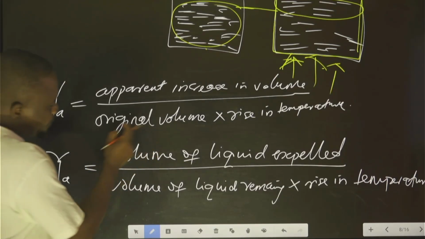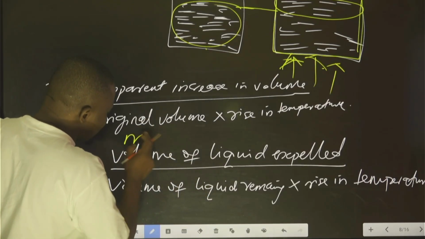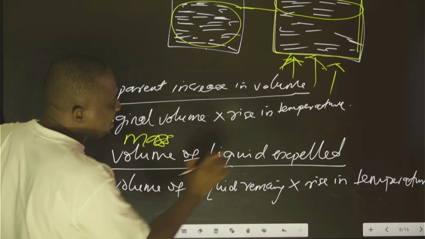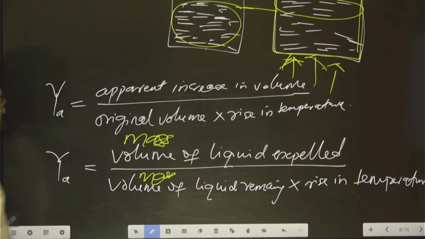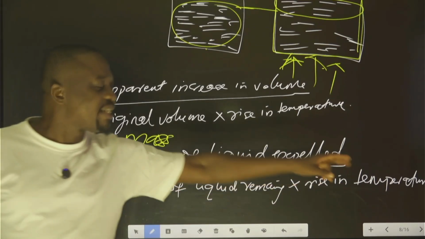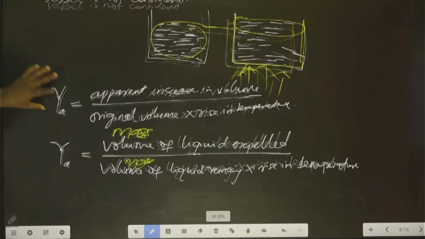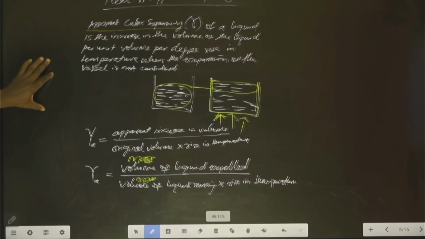But if you want to use mass, you can replace this with mass. Mass of the liquid expelled over mass of the liquid remaining times rise in temperature. Okay? Hope you understand this apparent